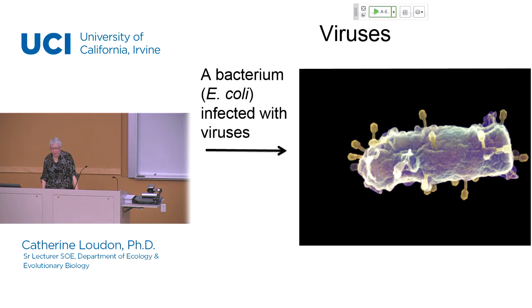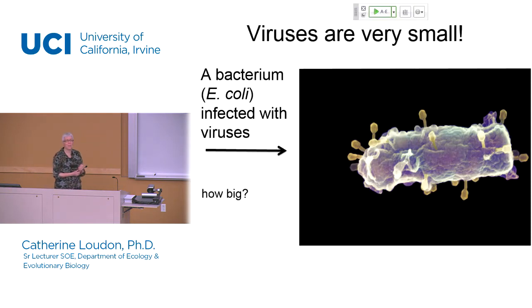Well, let's start by considering this picture here. This is not from your textbook. This is a picture of a bacterium, which is this purplish rectangular object here. And it, in fact, is a species E. coli. This may be familiar to you. This is the one that's in our digestive tracts along with a bunch of other microbes, and it is infected with viruses. If you're familiar with what that looks like, then you might even recognize it. These are the viruses right here sticking out. They're false colored, this brownish color, as they're protruding from the surface of the bacterium here.